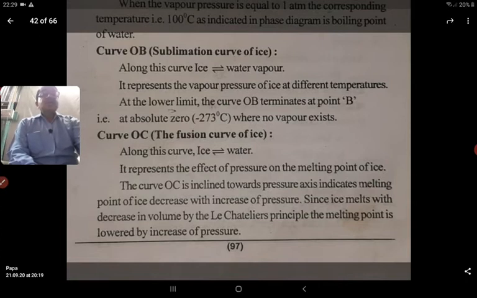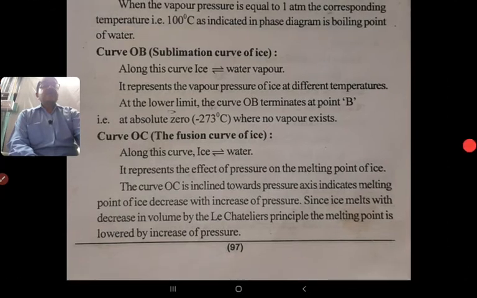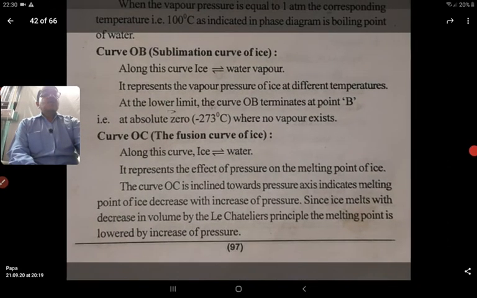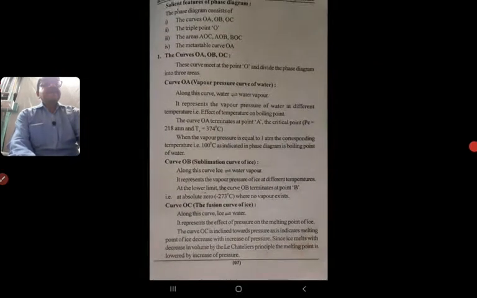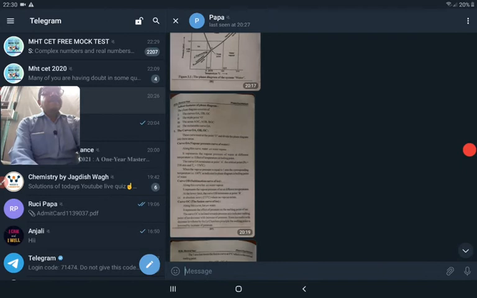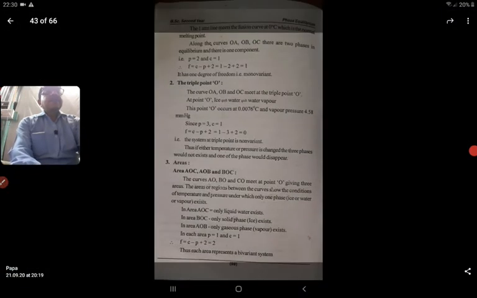The curve OC is inclined towards the pressure axis, which indicates that the melting point of ice decreases with increase of pressure. Since ice melts with a decrease in volume, by Le Chatelier's principle the melting point is lowered by increase of pressure. Now, after this,